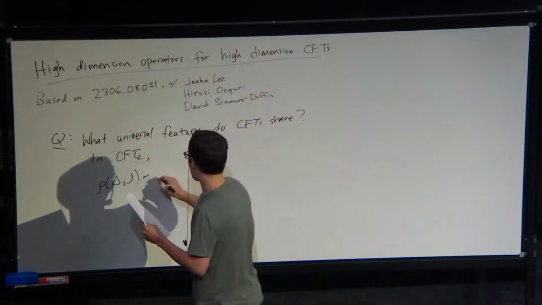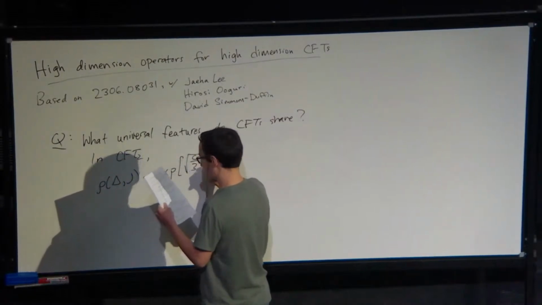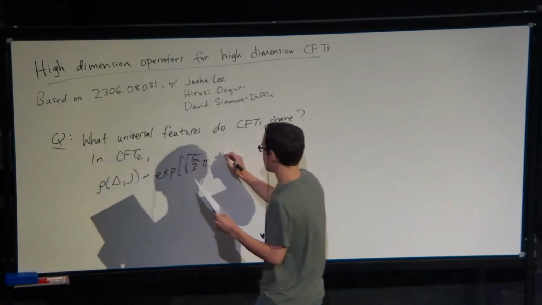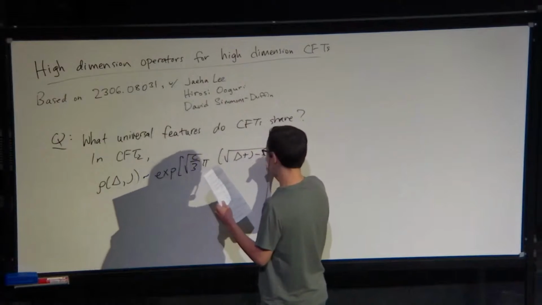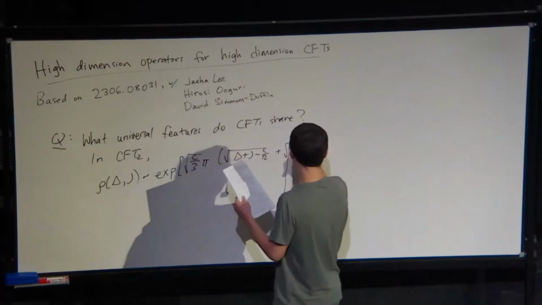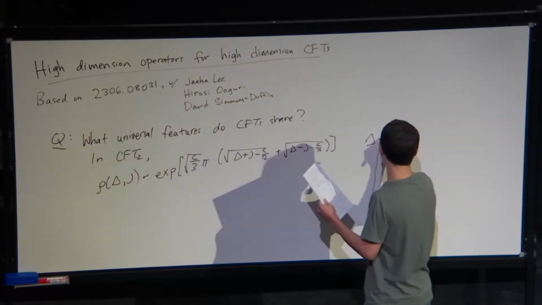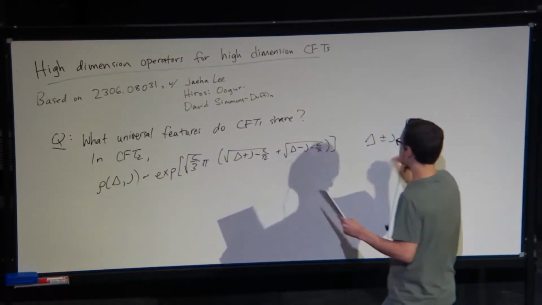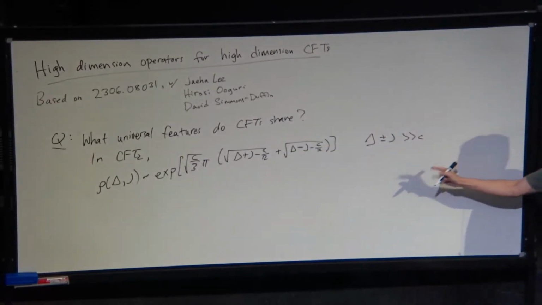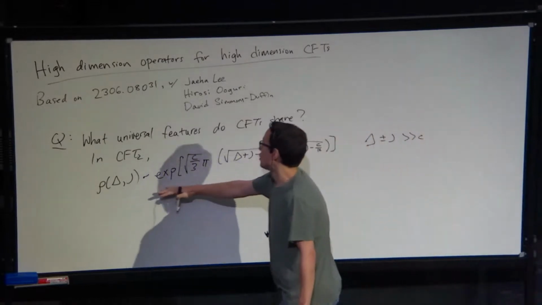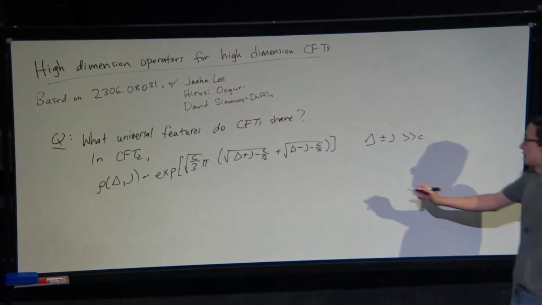is well known to be approximately equal to this formula here. There's a parameter c called the central charge, and the form as a function of delta and j is completely universal, and it takes this form. So as long as the twist is very, very large compared to the central charge c, the entropy of all local operators takes this universal form up to some non-perturbative corrections. And this is called the Cardy formula.